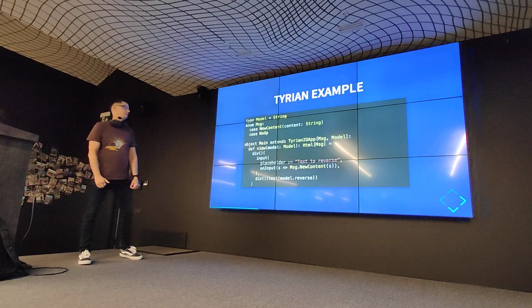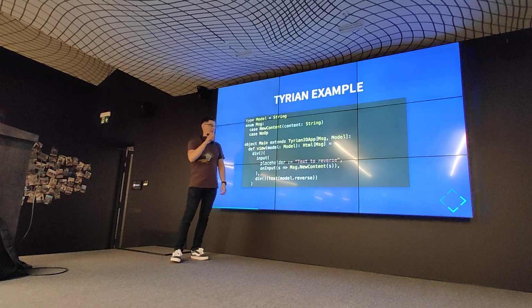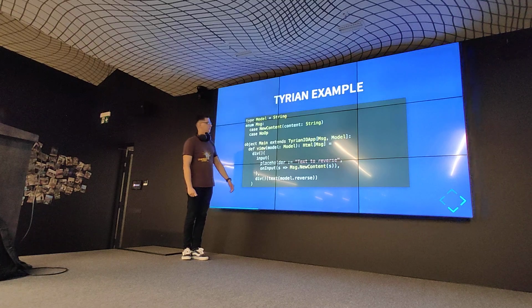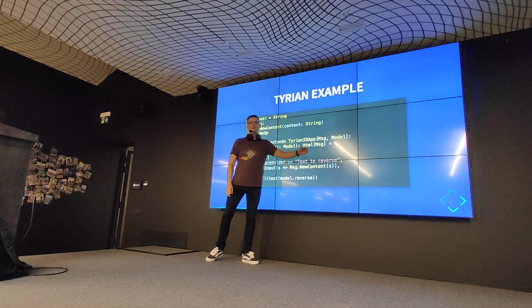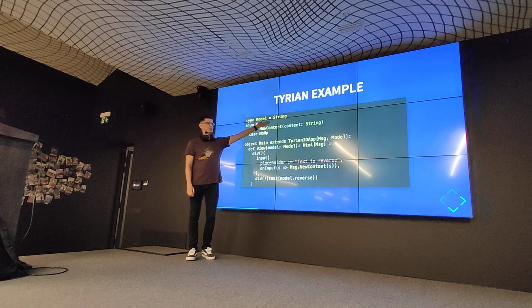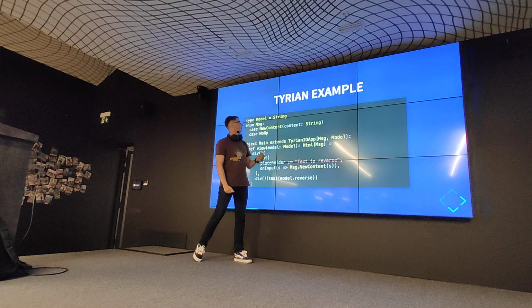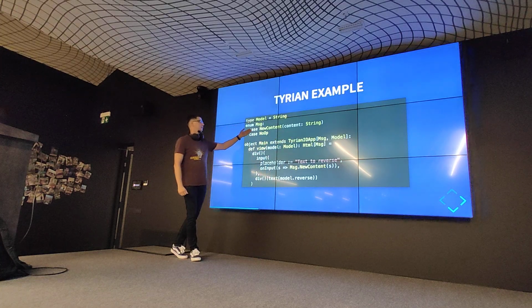Basically you have to say, hey, there's an application and there are two parameters for the application. One is a model, which is the application state, and in our case, the application state is just a string. And then there's messages, like an action. And an action is basically, there's either going to be new content or no action will happen.